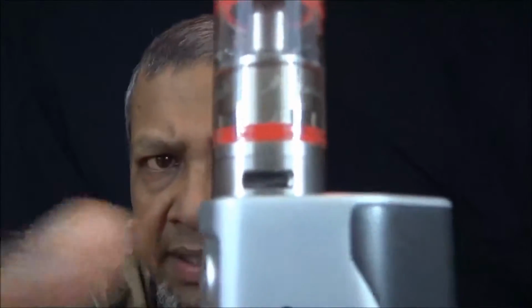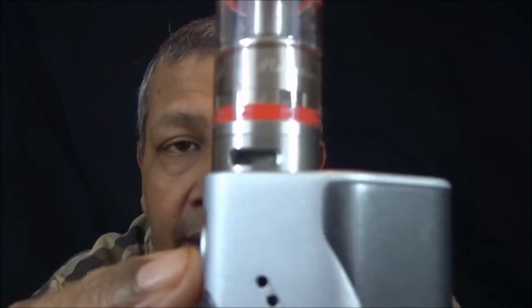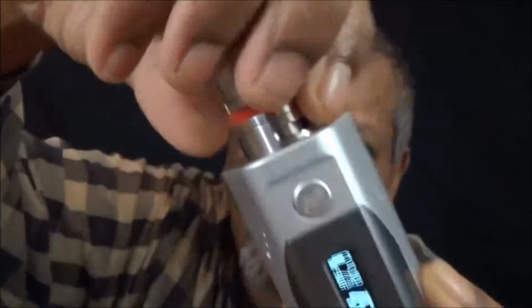It vapes nice. It hits nice. Here, there's one thing I did forget to mention earlier. This is sitting on a Wismec Rillo DNA 200 mod. And there's the single coil flow. So if I want to set it to single coil,